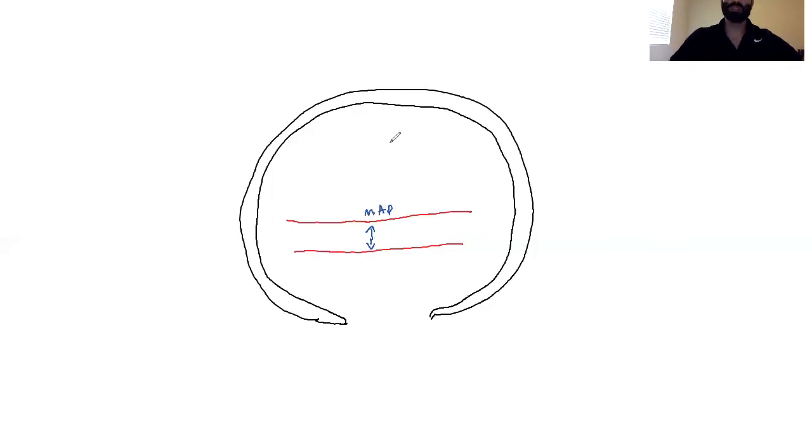Now what opposes MAP is going to be intracranial pressure. It is going to oppose mean arterial pressure. Think of mean arterial pressure as trying to push out. Intracranial pressure is trying to push in. Now, thankfully, though, mean arterial pressure is a lot more forceful than intracranial pressure. Because of that,